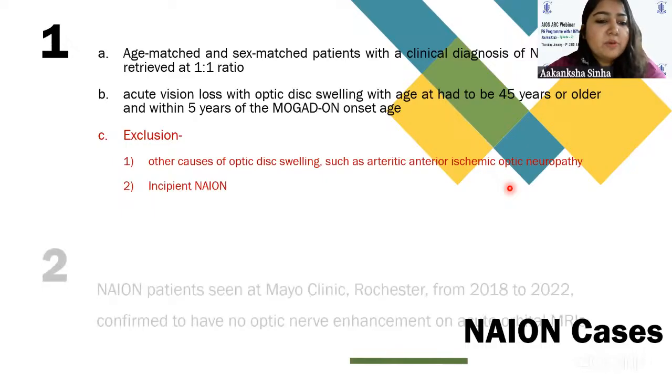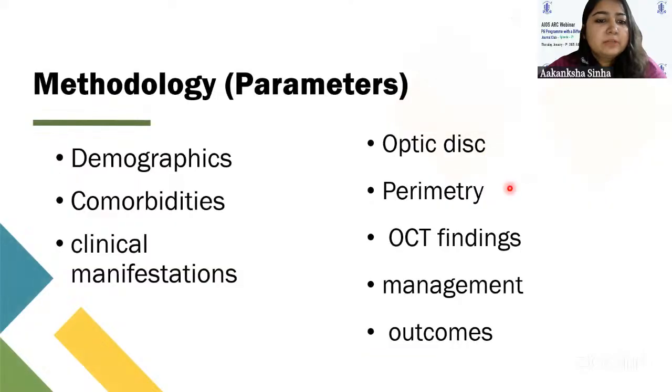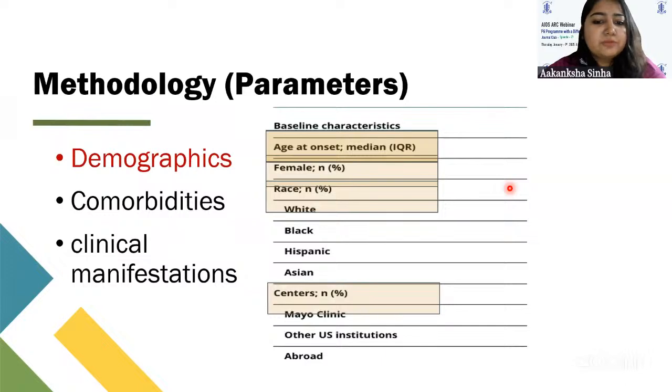For the second aim of testing MOG IgG false positivity, NAION patients from Mayo Clinic were taken from 2018 to 2022 with no optic nerve enhancement on acute or vital MRIs. So they analyzed patients over multiple parameters. The first one was demographics, in which age of onset was taken along with gender, race, and the distribution of